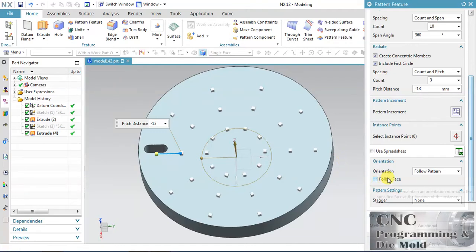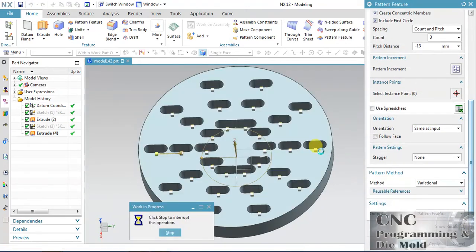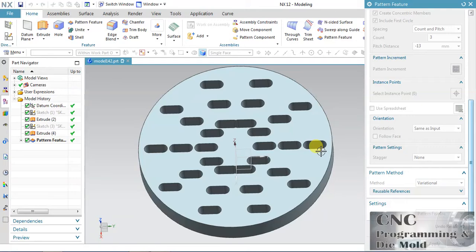Next we have this orientation method. In this orientation, by default we use follow pattern, so my object will work as per the pattern. If you change it to same as input, the pattern will change and the object will not rotate with the pattern.